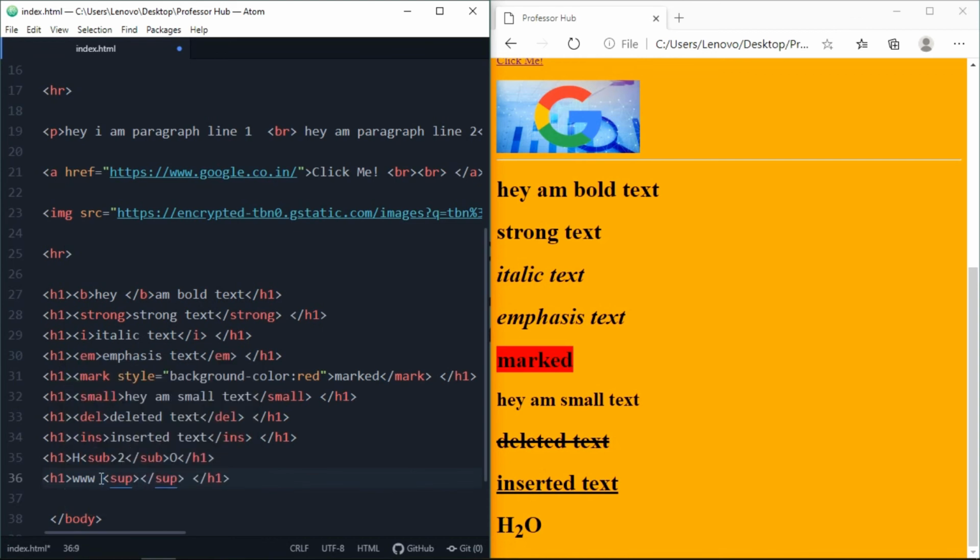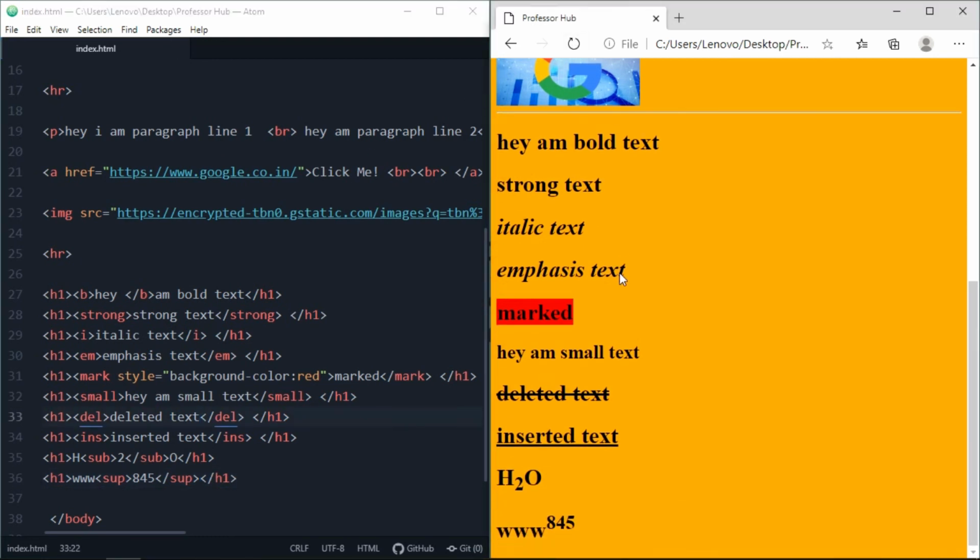Superscript SUP, and the text which you want to display is on the above side of our text, which is 845. Cancel out the extra spaces and save it and refresh it. So we got this 845 of our default text.